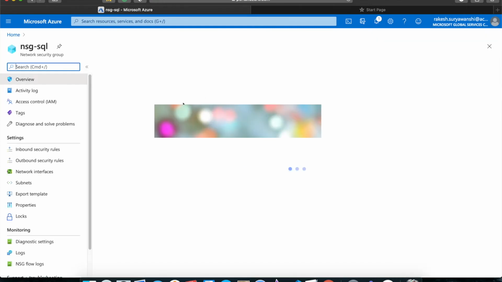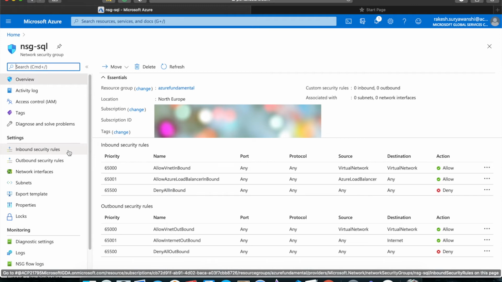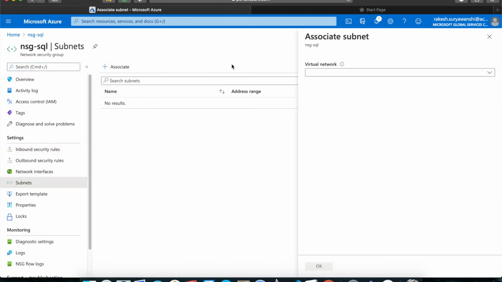So this will also have the default configuration with the default rule set, which is any traffic within the VNet is allowed, any traffic within the net via the load balancer is allowed, and the rest of them are denied. So any incoming traffic to this particular network where this NSG is attached is going to be disallowed. So let's go ahead and associate the